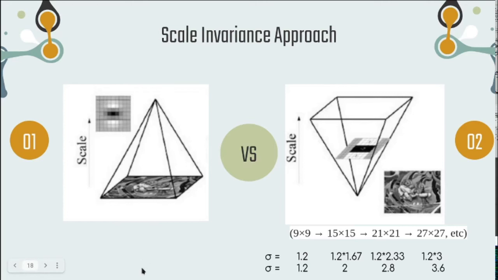Now coming to the scale invariance approach, for finding the key point, we generally convolve the filter with different subscaled images and then do non-maximum suppression in the final step to remove unnecessary key points. A small disadvantage of this approach is that as we subsample the original image, the quality of the image, or the information in the image, will be lost as we subsample more and more.